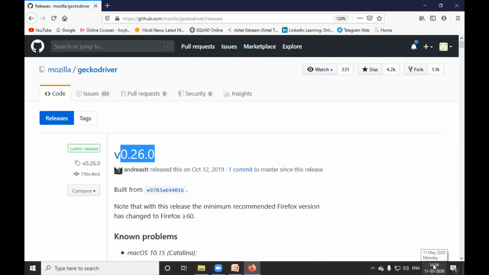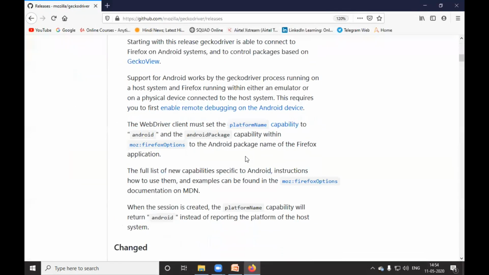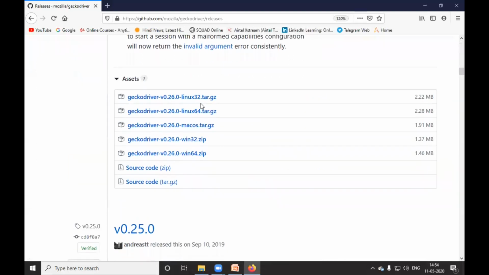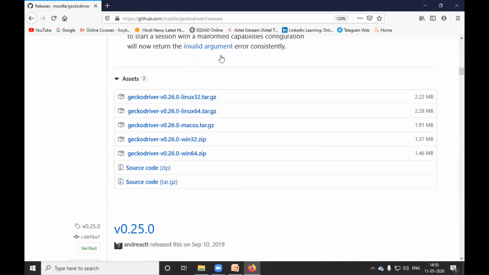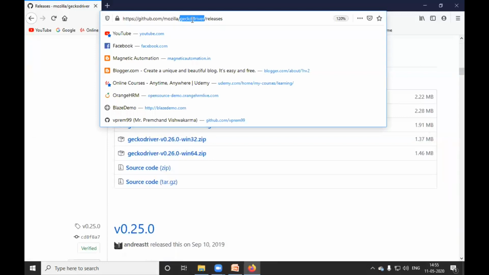Today is 11th May 2020, so on this day, this is the latest version. Go a little down. You will get the Gecko driver for Windows 32-bit and for Windows 64-bit. Depending upon your system configuration, you can download. If I click on this, you will get the zip file. Click on OK to download it. I will not click on OK since I have already downloaded it in my system. I will provide this link in the description of the video as well.